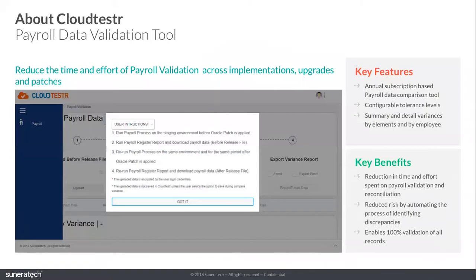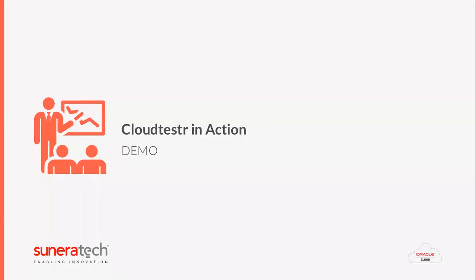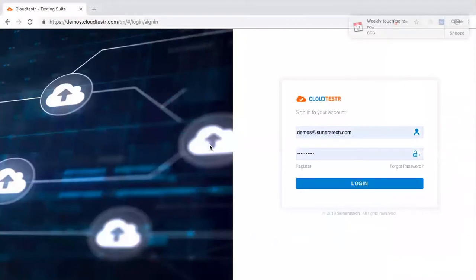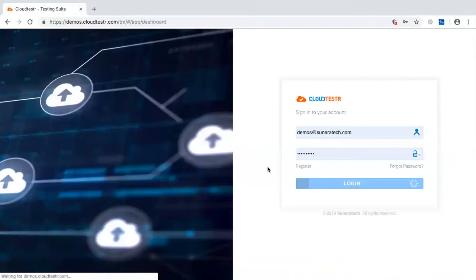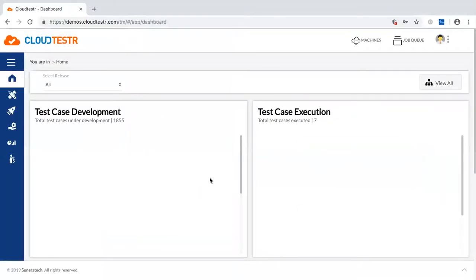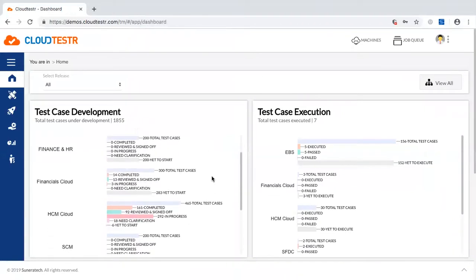So I will get to the payroll data validation. So let me do a quick demo of the platform. So if you see here, this is the login page. Like I said, this is hosted on the cloud. Once you log in to the application, you are going to see the dashboard that provides you the details on